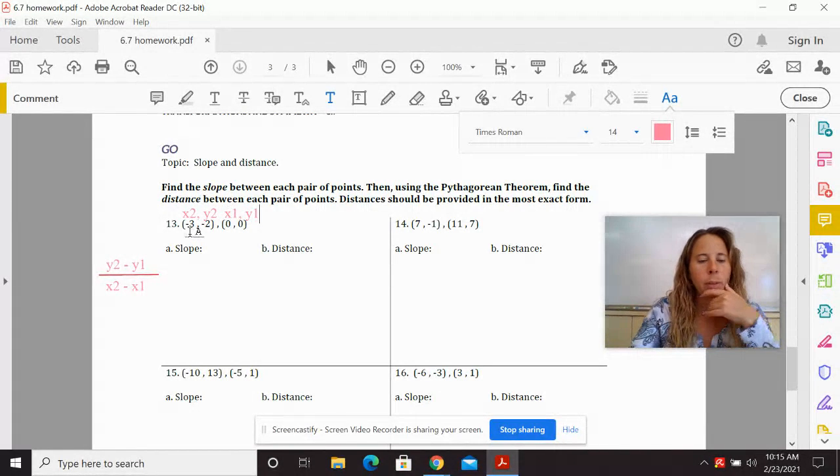You could have done it the other way. Just make sure you plug them in correctly. So y2 minus y1. What's y2? For me, it's -2. -2 minus y1, which is 0, all over